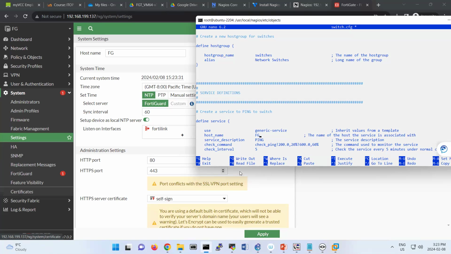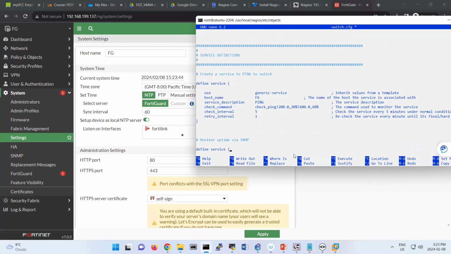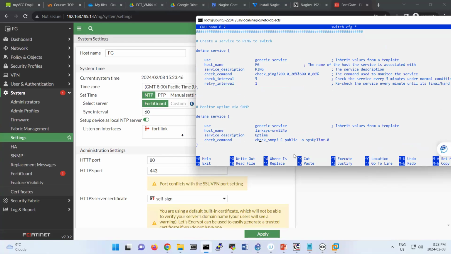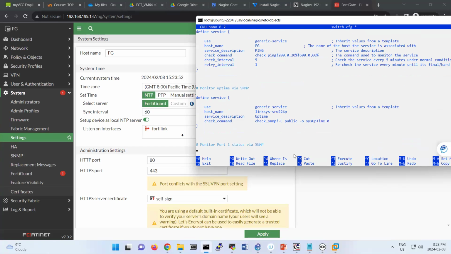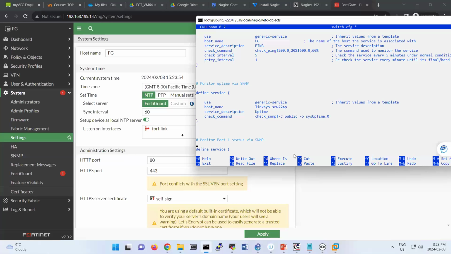And the service that I am doing for this one is the SNMP check. So let's see that we have SNMP. You see that here also we have SNMP. So that's the only thing that I'm looking for. So the rest of that I can comment out. So you can change this one to